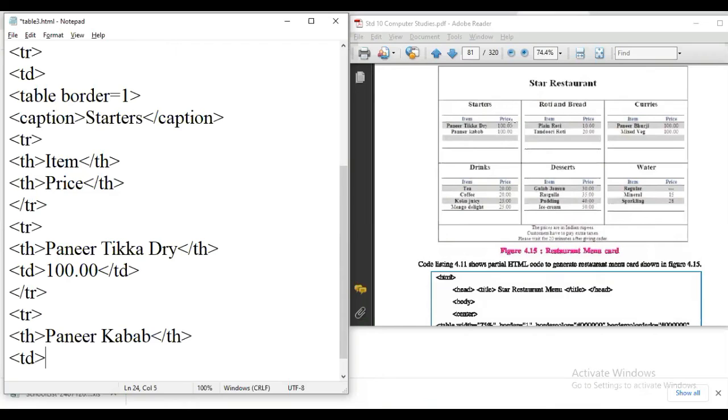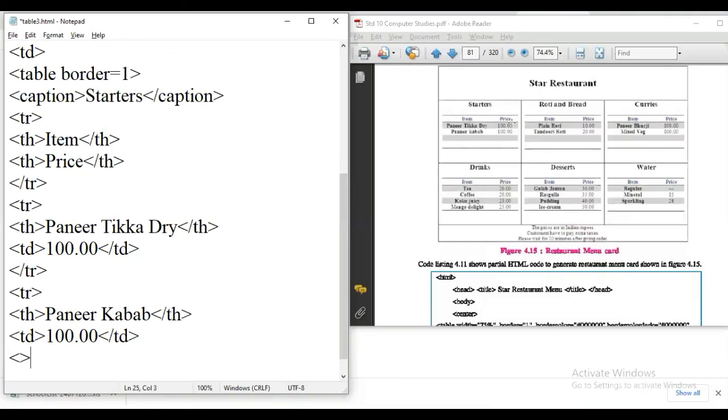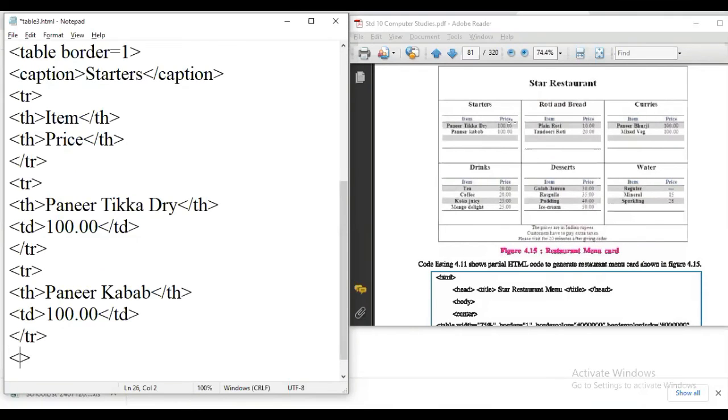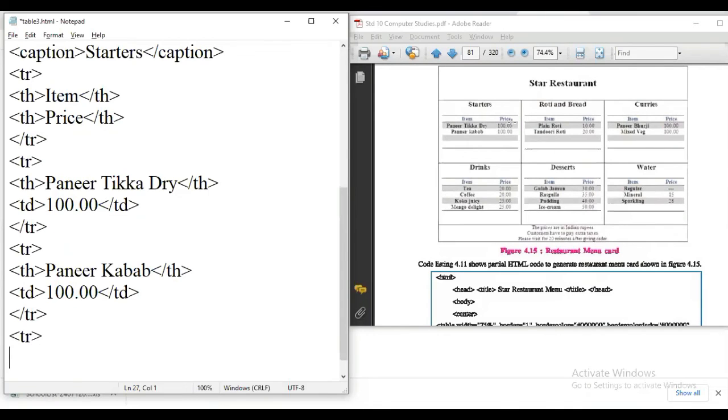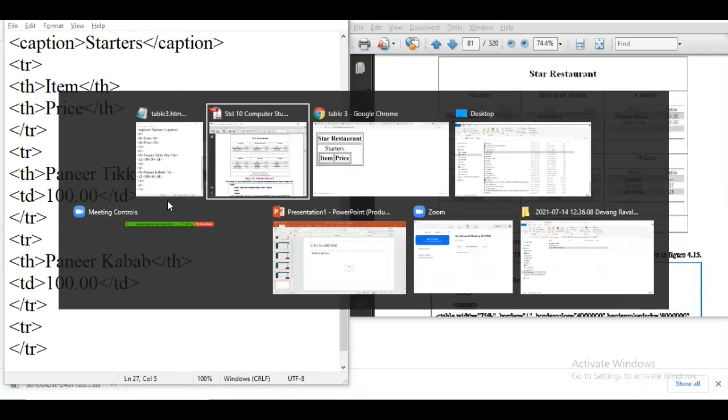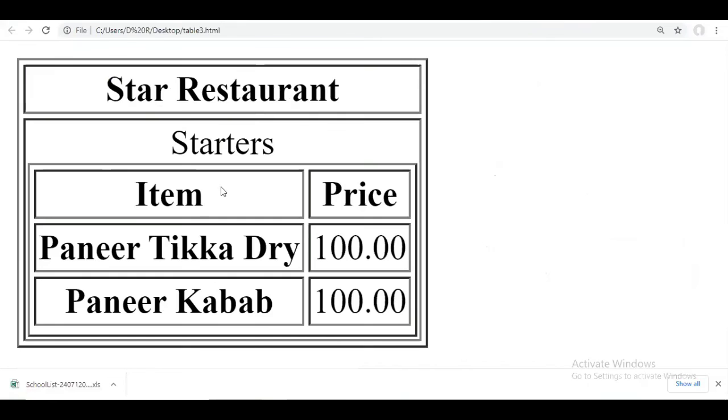So we are going to use TD because it is normal font, not bold effect. Okay, and now one more TR is there, and TR close. Okay, the blank one. This is with color only. Now save this and refresh this.